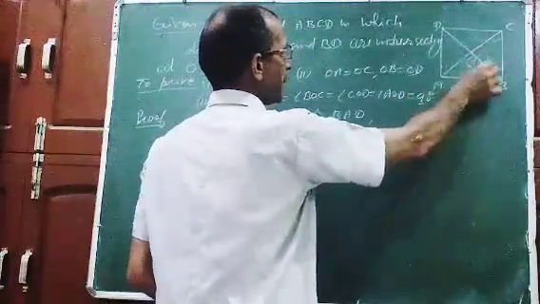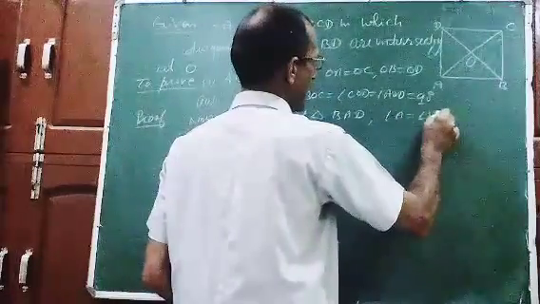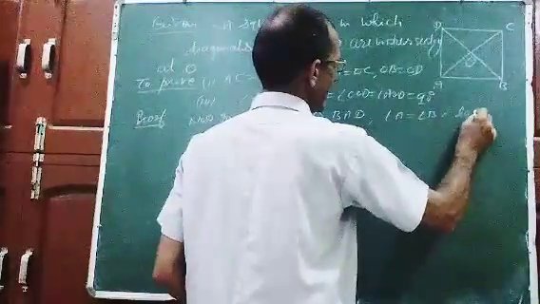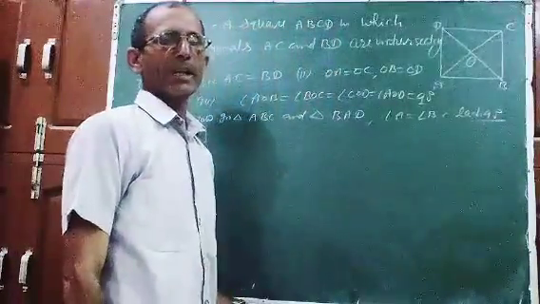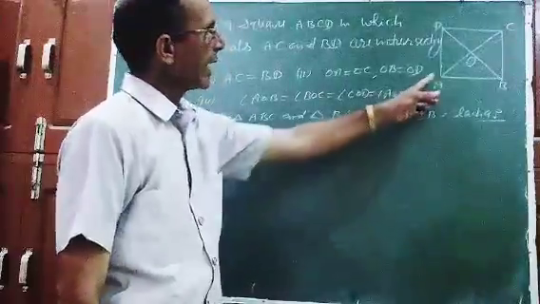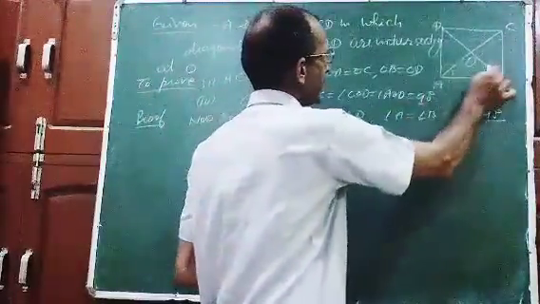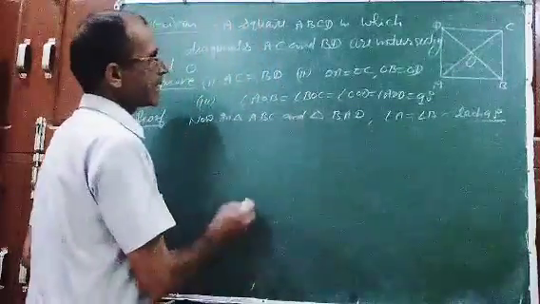In triangle ABC and triangle BAD, angle A is equal to angle B, each 90 degrees. Why? Because the angles of a square are equal and each will be 90 degrees. So angle A, if I write like this, this will be 90 degrees and this also 90 degrees. AD is equal to BC,